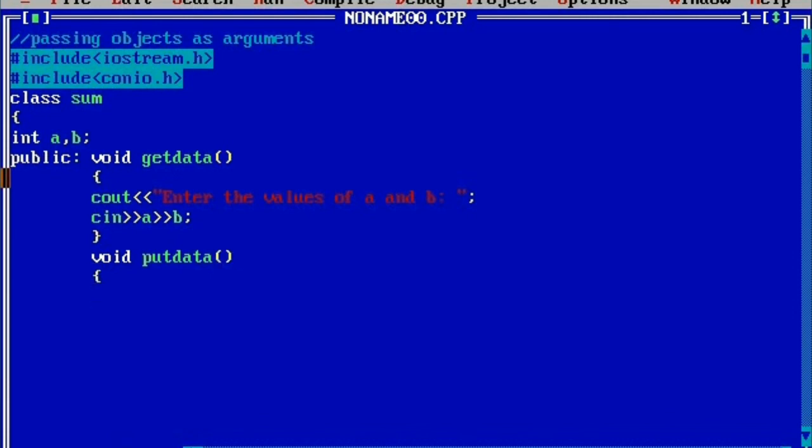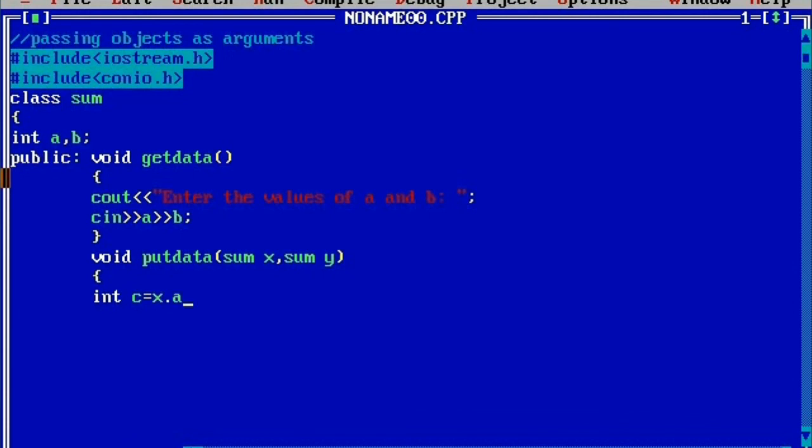Here we are going to take the arguments of sum type. So here I'm going to write sum. Sum is the name of the class, and here sum is acting as user defined data type. Here I'm going to declare a variable x which is of type sum, comma, again I will write the data type sum and one more variable called y. Now we are going to declare one local variable called int c = x.a, because x is the object.